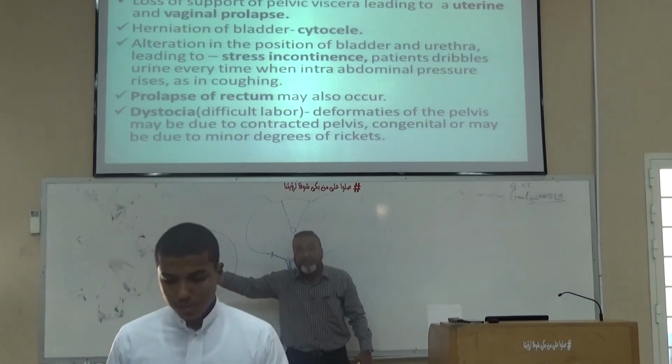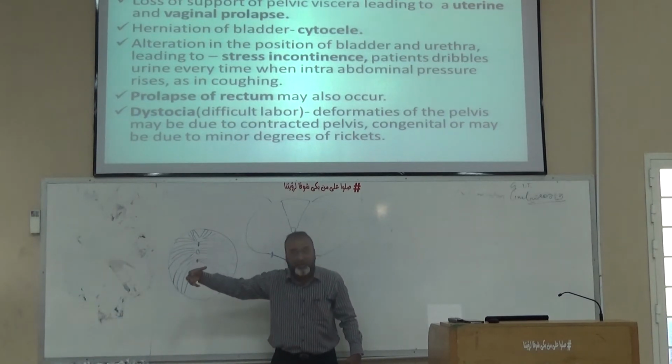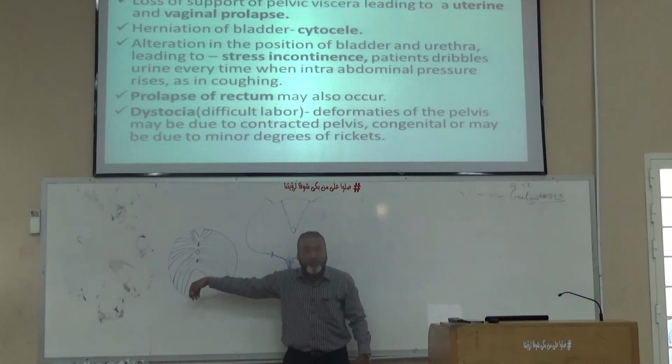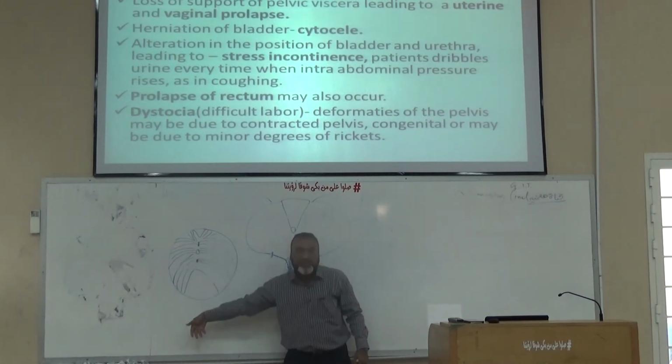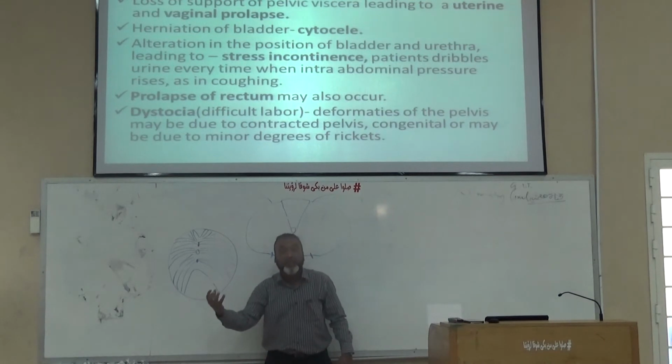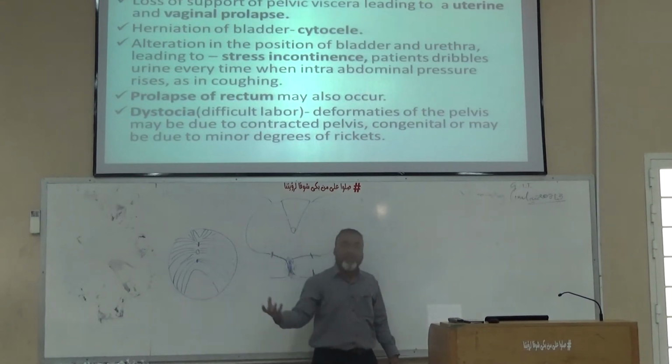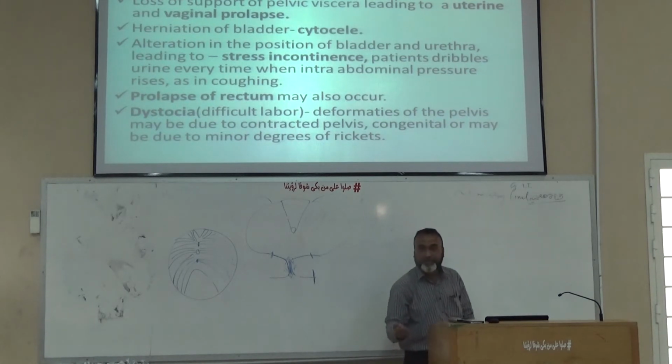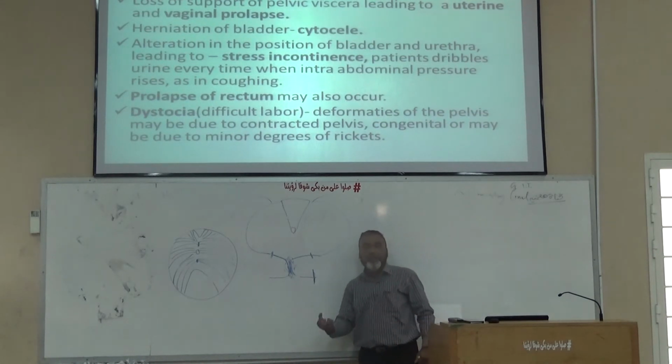As the baby was in the uterus, the lower part of the uterus, which is continuous, is named the vagina. So after the delivery of the baby, this becomes weak and the vagina can prolapse down. And sometimes along with the vagina, the uterus also comes out from this opening. So this is named uterine or vaginal prolapse. Okay, uterine and vaginal prolapse.